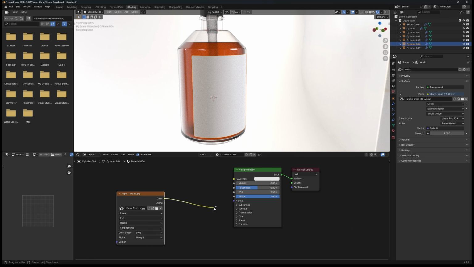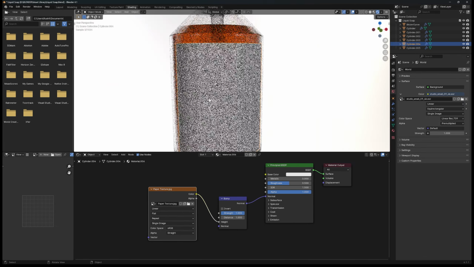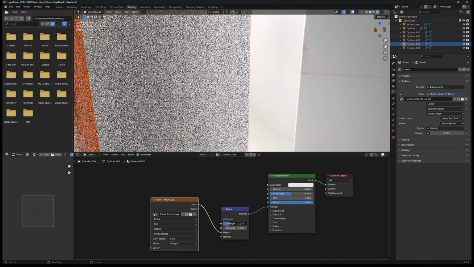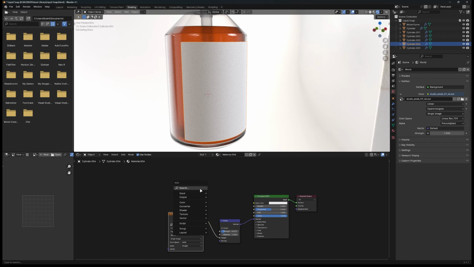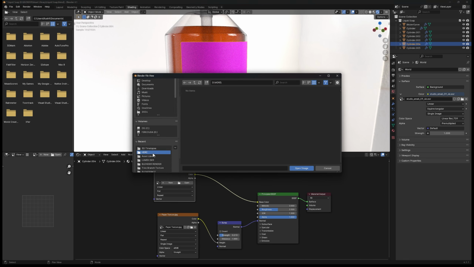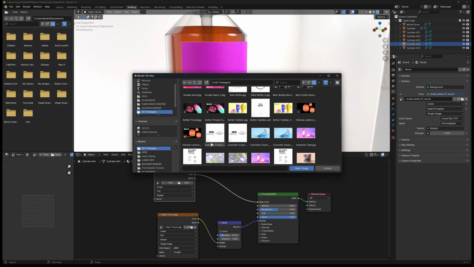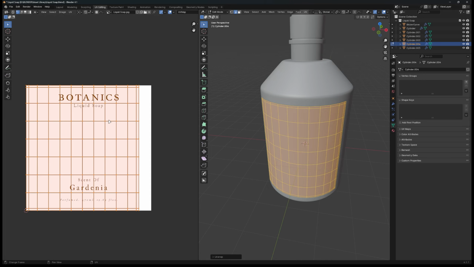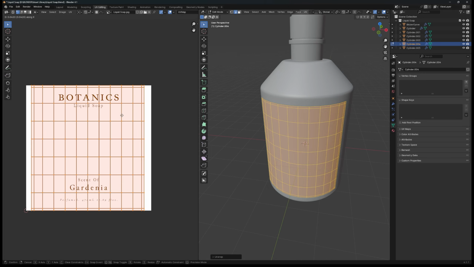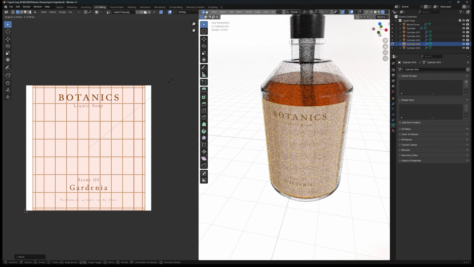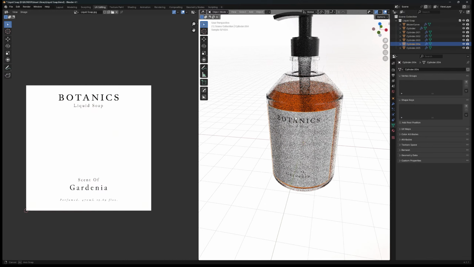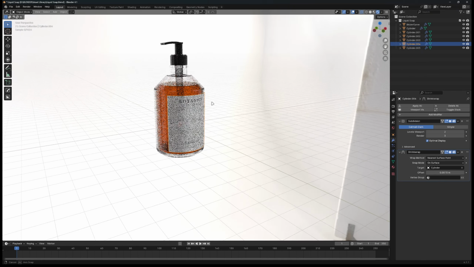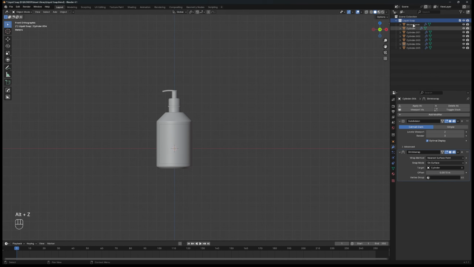Add bump node and connect the color from image texture to the bump. Then connect the normal to normal. Adjust the strength of the bump a little bit and add a new image texture for the branding. I have pre-made work here, so you should create your own branding too, guys. Connect the color from image texture to the base color. After you have added your branding, move to the UV editing tab and slightly rescale the UV until it fulfills your desire. Here I just created some backup of the work that I had done to prevent some issues later. So just think of this as the checkpoint.